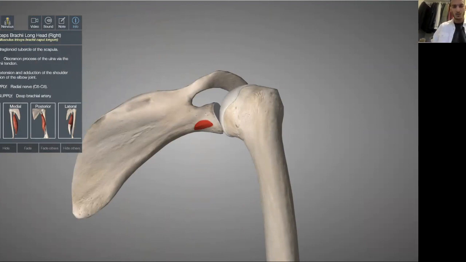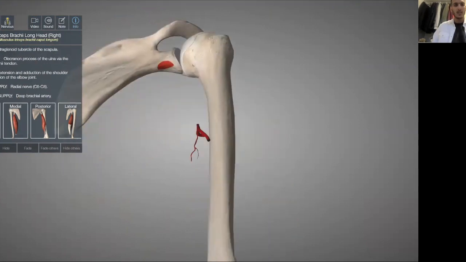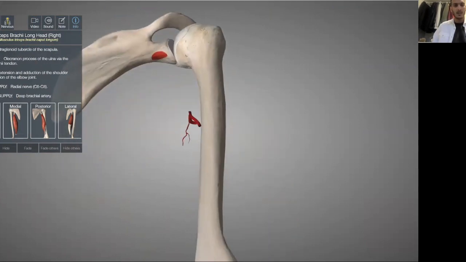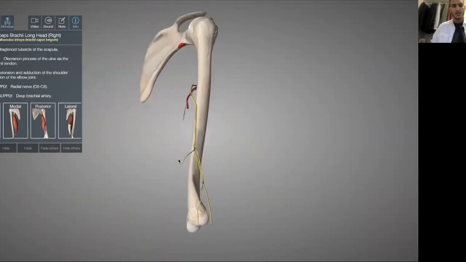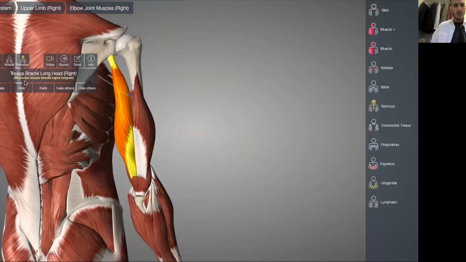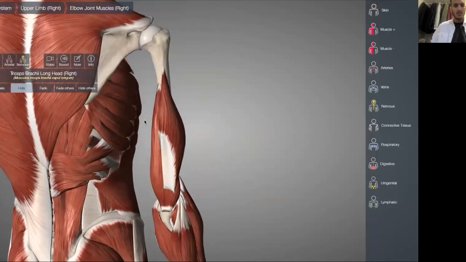And the action is also extension, just like the other heads. Arterial supply is by the deep branch of the brachial artery, and the nerve supply is by the radial nerve. Okay? So we're going to hide those two and then look at the medial